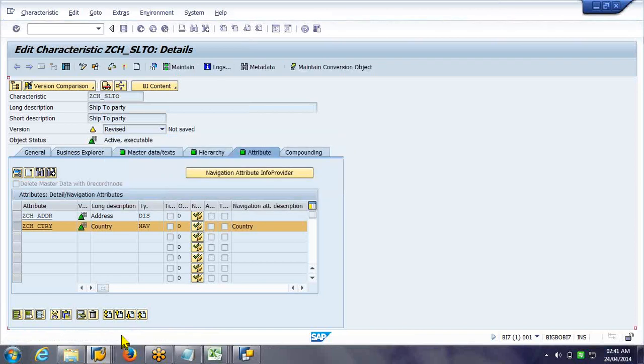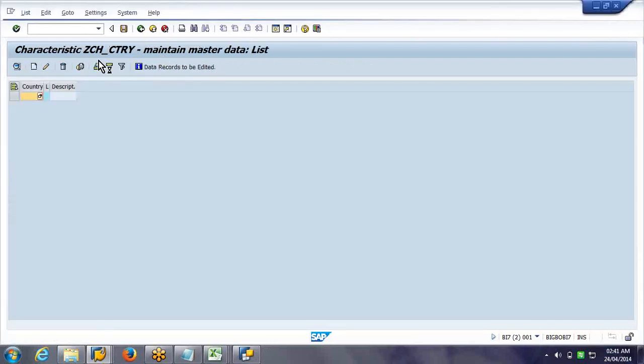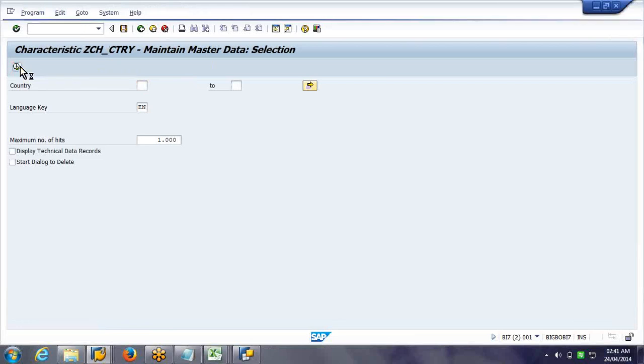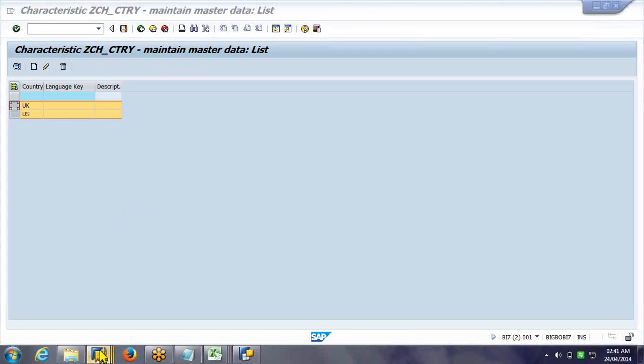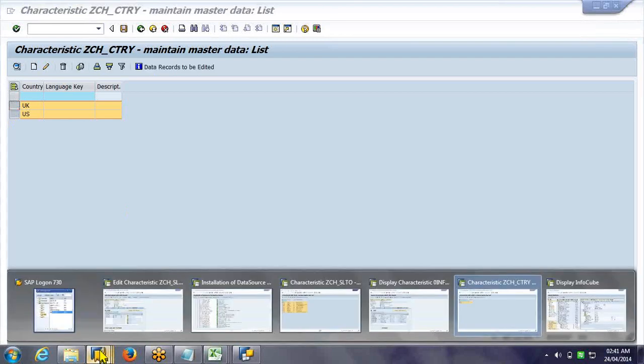You can see filling the attribute SID tables. One message came. Now you check. Did it get populated as per the discussion? Whatever missing entries were there in the country master data table, everything got populated. You can check the activation log, what happened.